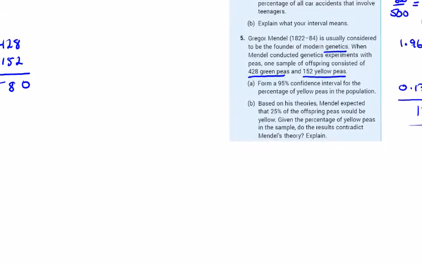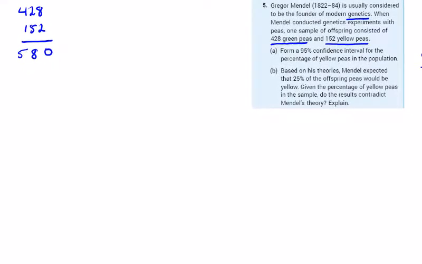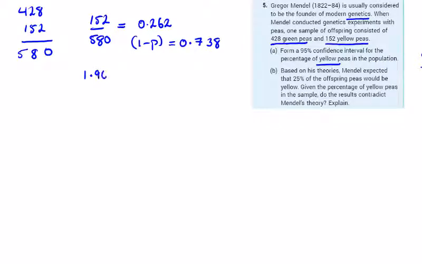So what are we asked? Find a 95% confidence interval for the percentage of yellow. So my 152 out of my 580 is going to be my success. And 152 divided by 580 is 0.262. So 1 minus P, we can say, is 0.738. So 1.96 by the square root of the probability of yellow pea, 0.262 based on our sample,